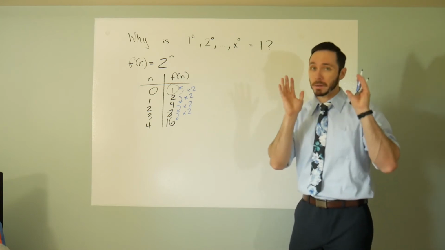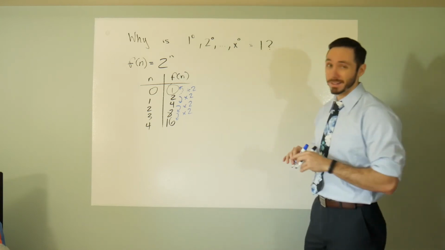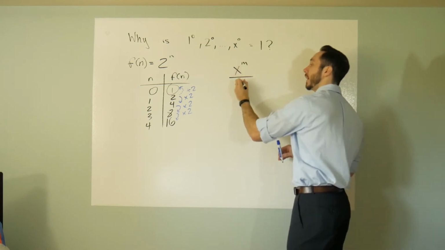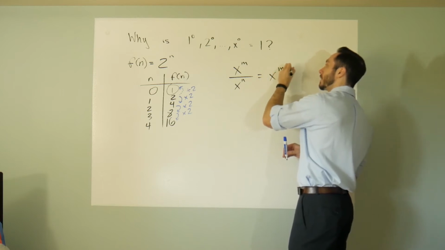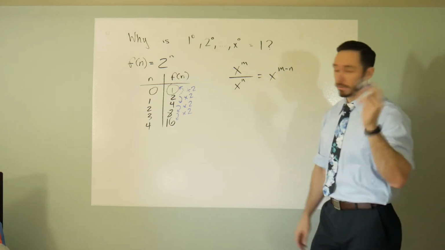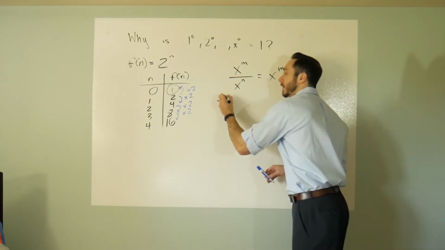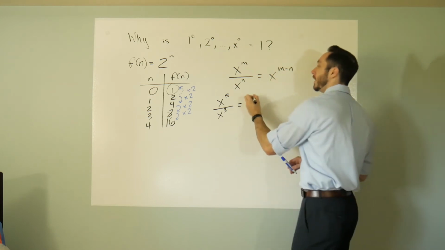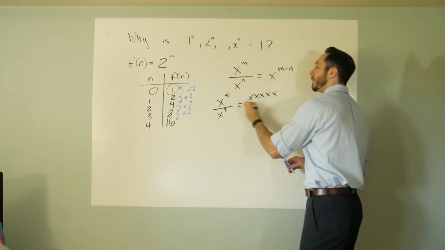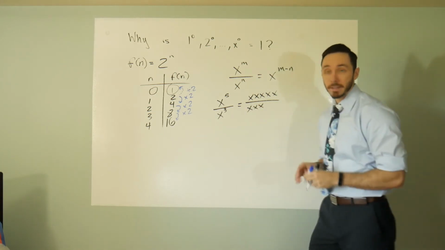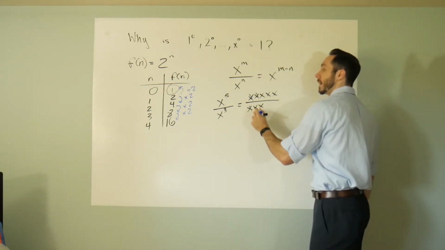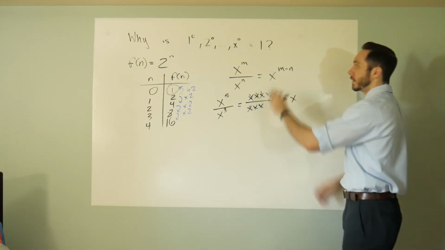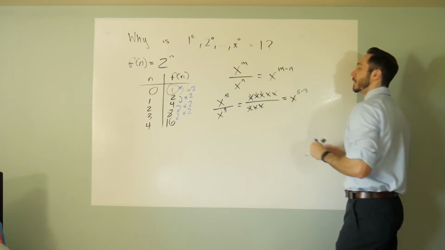Well, let's play around with properties of exponents to come up with this conclusion in a slightly different way. We may know at this point that if you have x to the mth over x to the nth, this is the same thing as x to the m minus nth. So random example, if you have x to the 5th over x to the 3rd, we know this as 5 x's over 3 x's, these cancel, these cancel, these cancel, you end up getting x to the 2nd. But if you wanted to show the work for that, you could just do 5 minus 3